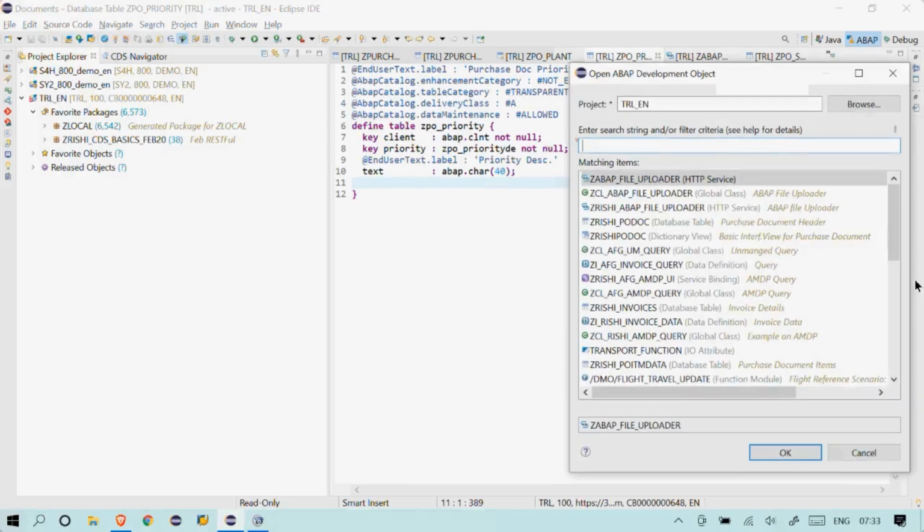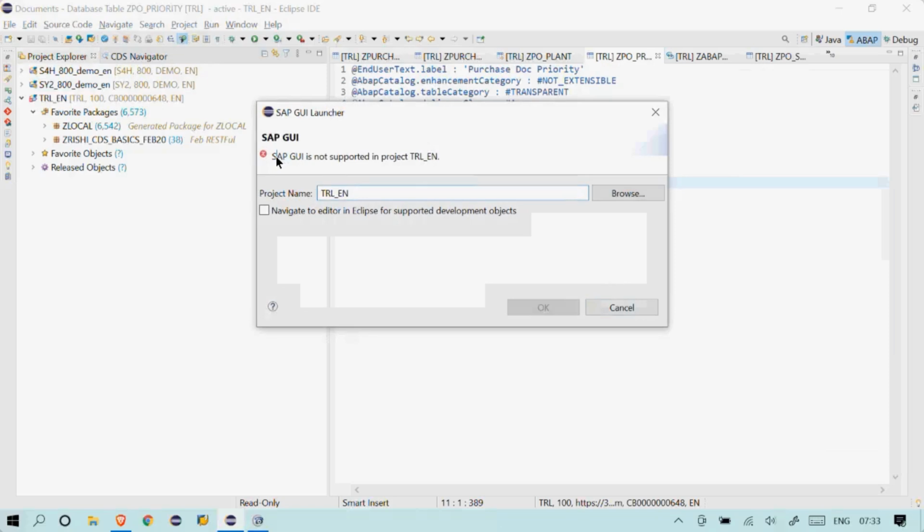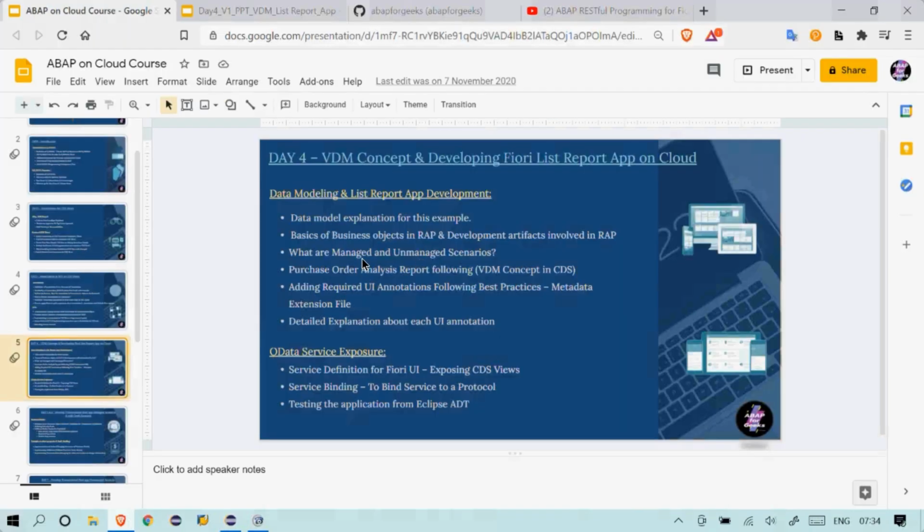Also, you will not have access to SE11. From here, you are not able to log in to the GUI itself. It's not permitted in a cloud environment. So we have to create our database model by creating Z tables. On top of that, we create our CDS views.